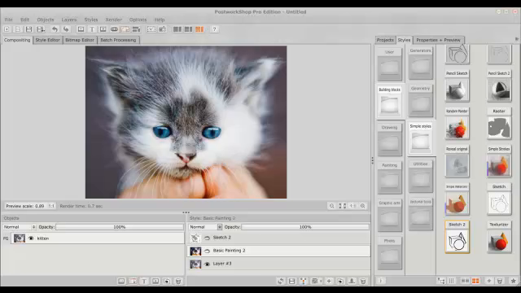As I've been working with Postworkshop Pro edition, I'm realizing that what it's going to come down to is not just a lot of playing with it, but building your own formulas for the effect that you would like to have at the end. But part of that involves exploring all the different styles that they have and the things that it can do. So I started out with this little kitty picture, and the first thing I did was